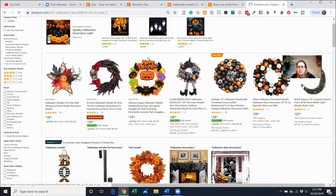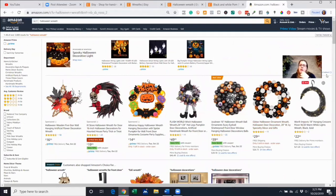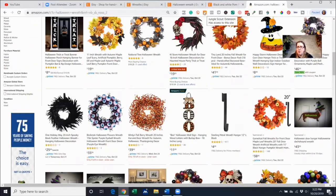Okay, so as you can see, there are multiple different listings that are similar to the one we just had. Now, there is a tool called a Google Chrome app. It's right here on my little computer. It's called Jungle Scout. Jungle Scout was created by an online seller who was tracking over 1 million data points for his own use. And what happens is, because I've purchased the licensing agreement to this particular app, when I get a bunch of listings on any one page inside Amazon,